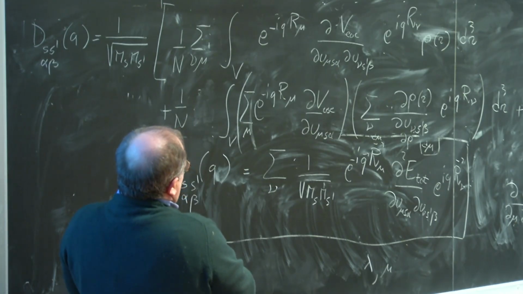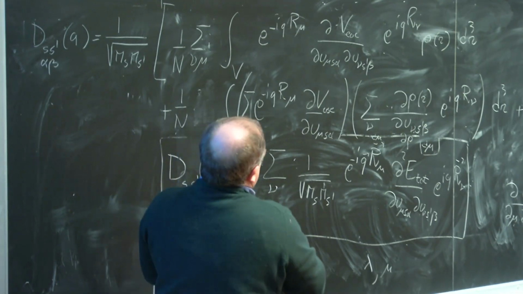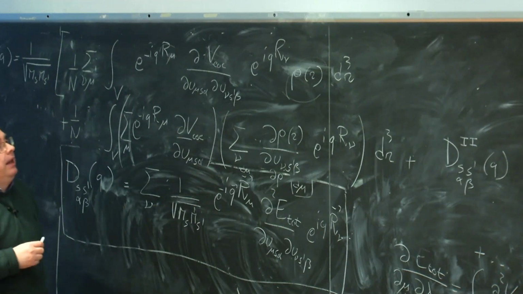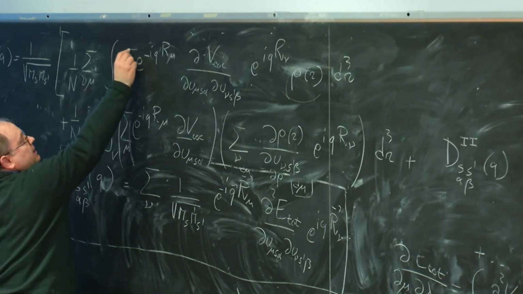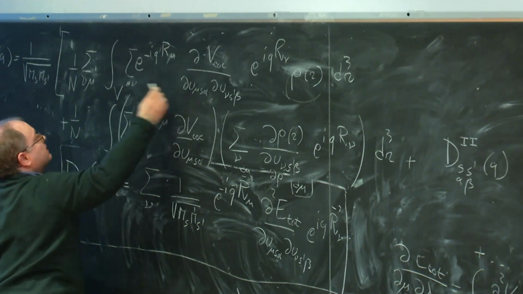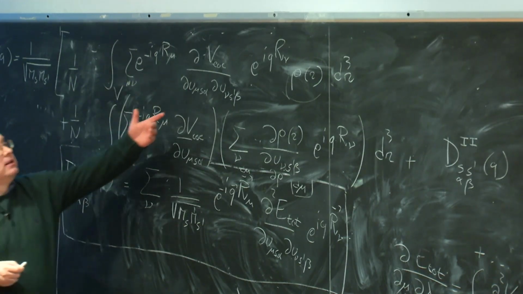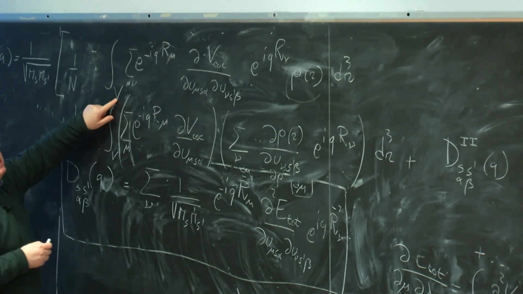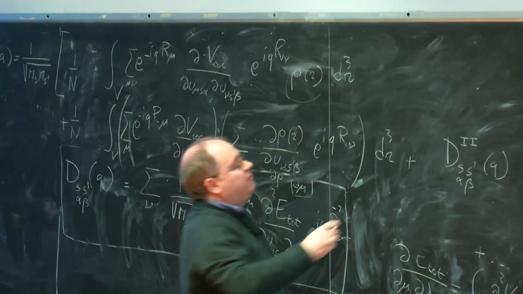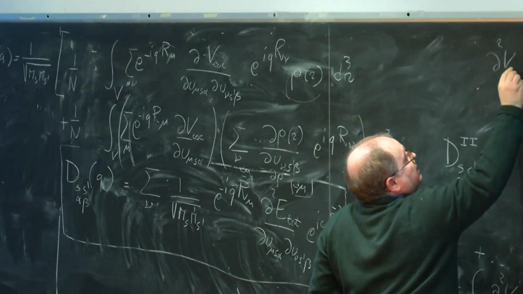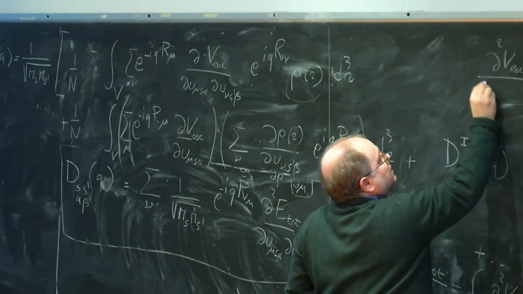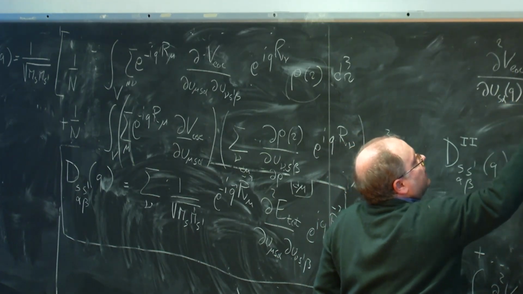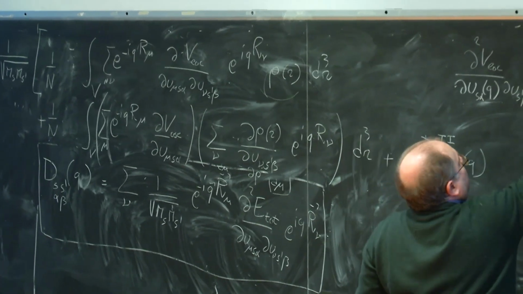And now the point that I want to make is that here the charge density is lattice periodic. I want to show that this sum over mu and nu of this object is also lattice periodic. And so basically this integral can be done in, and we can define the second derivative of V log with respect to du s alpha q, du s prime beta q, as that sum